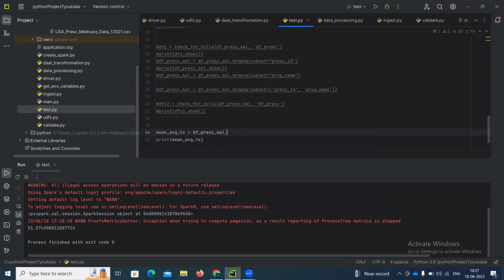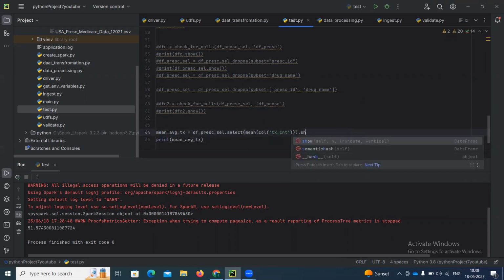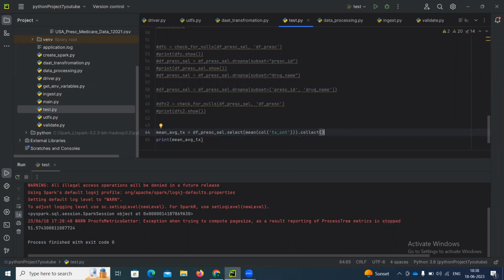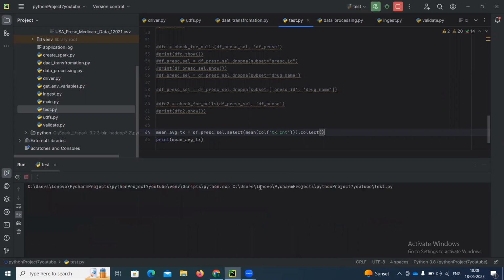df prescribe city dot select dot mean of column, mentioning the column name txc underscore cnt. If you put dot show, the mean average txc would become a data frame. We want a value, not a data frame, a value inside the data frame. For that I am converting this to an RDD by putting collect. An RDD is just like a list, right? So when you run this,